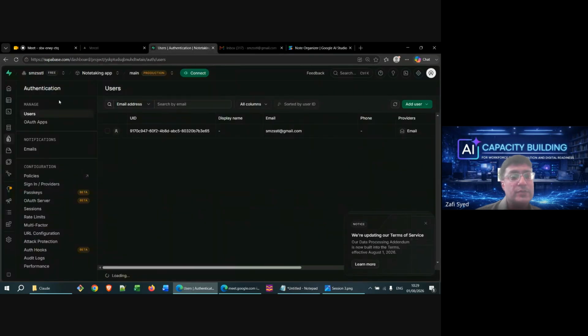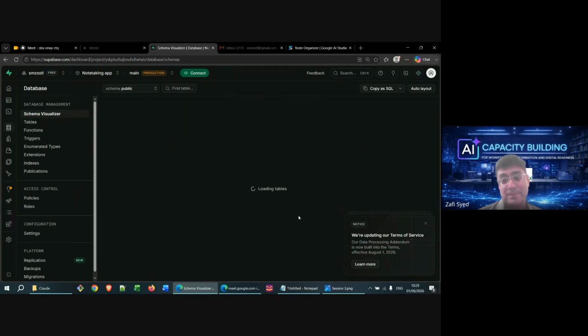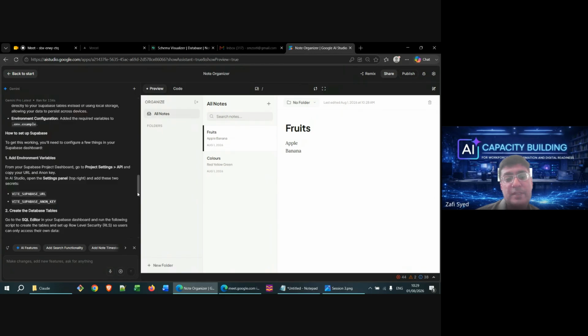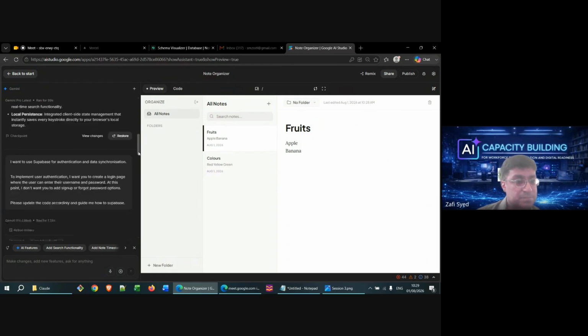For this, what we need to do is to create tables. We need to create the actual database where everything would be stored. So if we go to database in the Supabase dashboard, you'll see it's empty. There are no tables. So even if you have done authentication, you can log in, you can write notes. This is not being stored in a persistent way. So let's look at the guidelines Supabase provided and see if it makes sense.